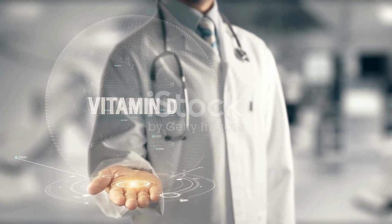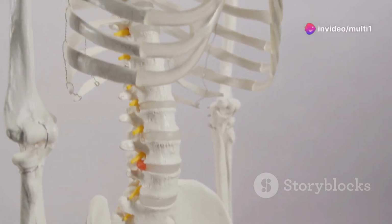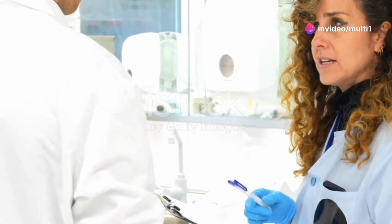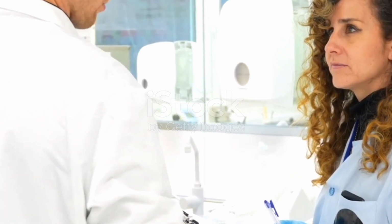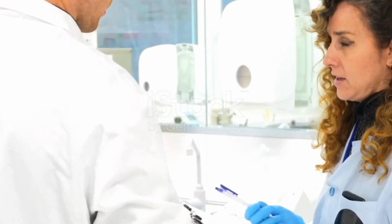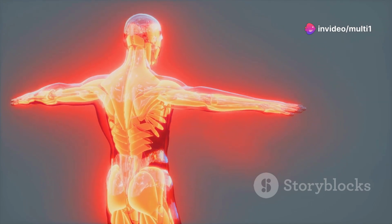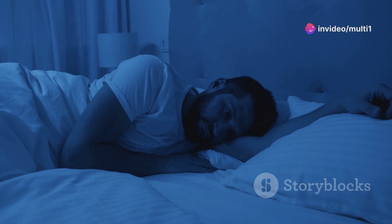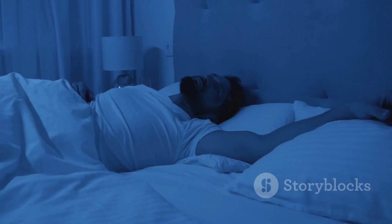First up, let's talk about vitamin D. We all know it's crucial for bone health. But did you know it also plays a vital role in regulating our bladder muscles? That's right. Studies have shown that sufficient levels of vitamin D can actually improve bladder control and reduce those pesky nighttime bathroom trips. It all comes down to how vitamin D affects the muscles in our body, including those in our bladder. When we're deficient in vitamin D, these muscles may not function optimally, leading to issues like overactive bladder